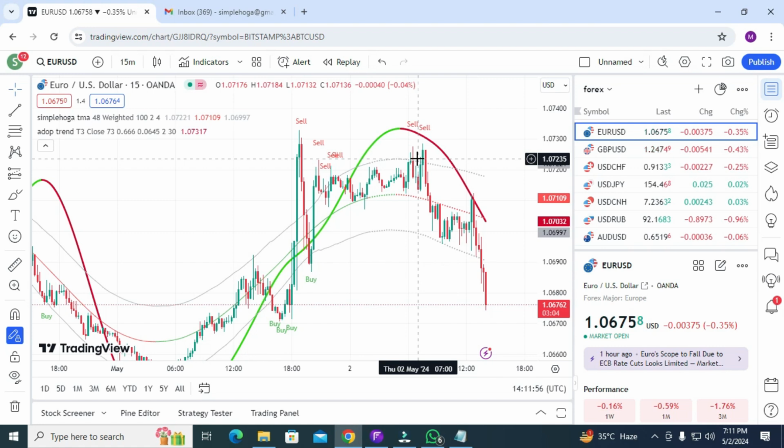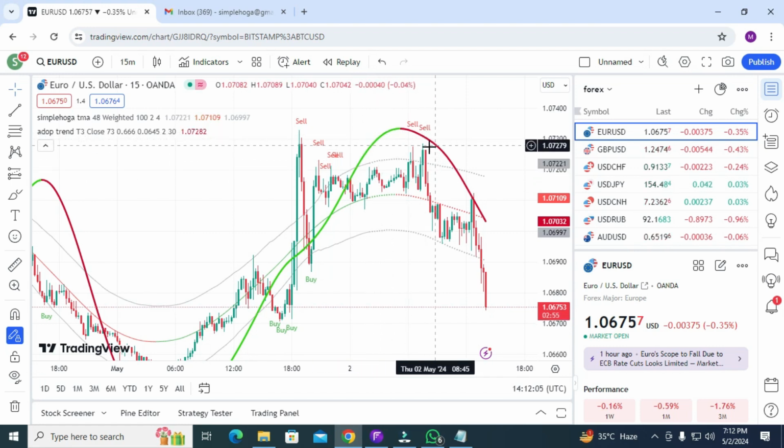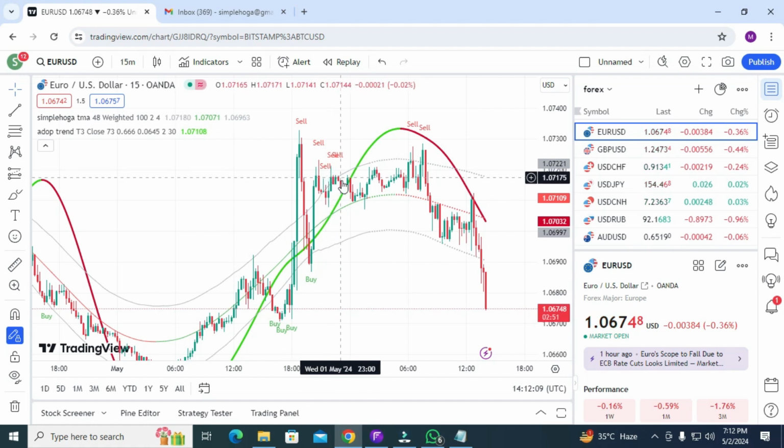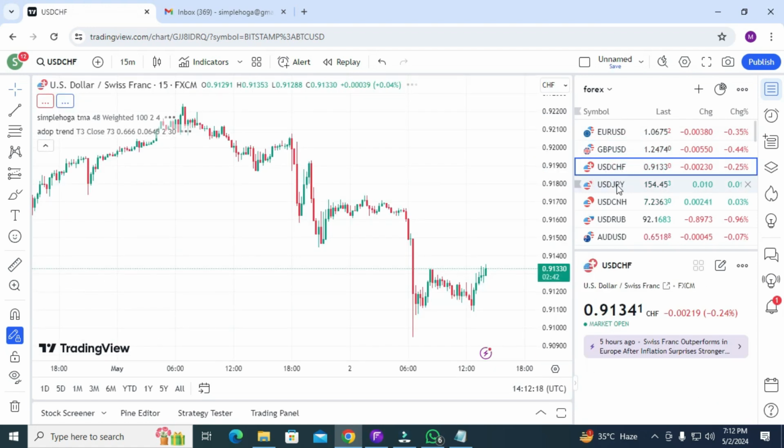Okay, if you follow the rules you will get consistent profit. Like here you can go for the sell trade, but I will recommend the candle must be inside and you get the sell signal. Yes, you are getting the sell signal but the candles are outside of the trend line. Hopefully you understand now, and let's see some live demo here.